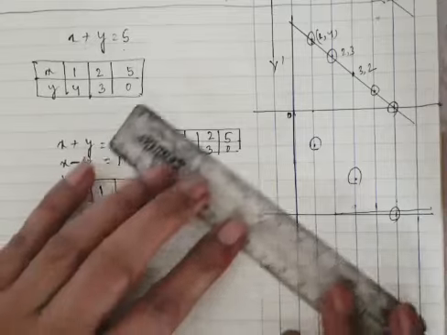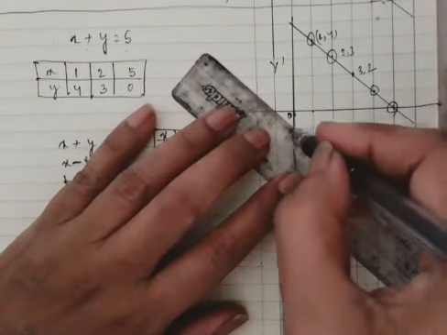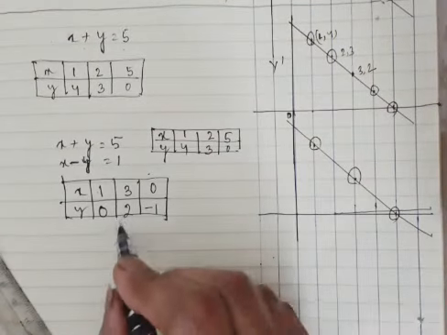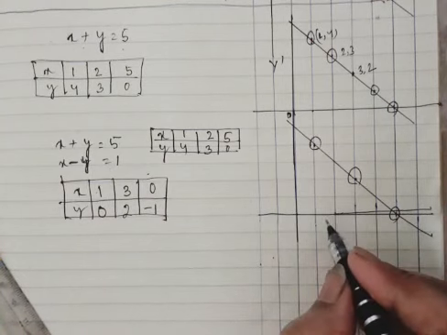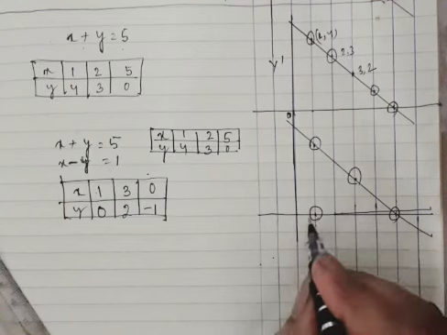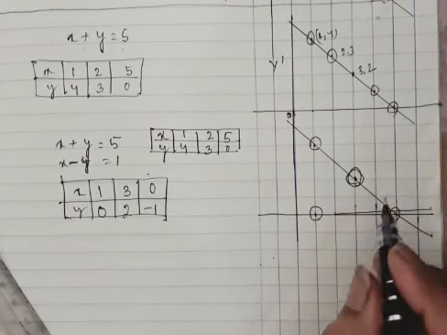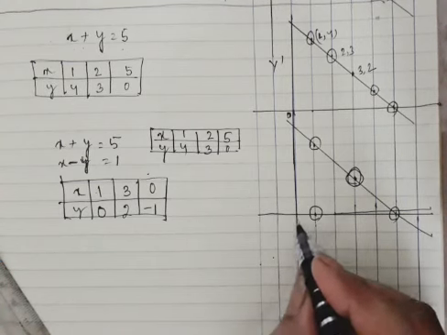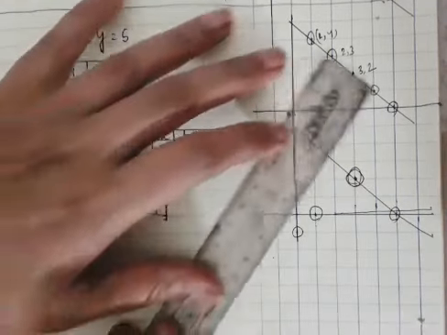Now let us join the 3 points through a line. Then let us draw the line for the second equation. So 1, 0; 3, 2; 0, minus 1. Now let us join